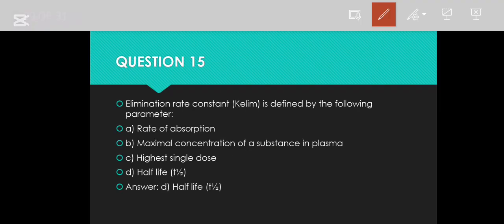The next one, 15. The elimination rate constant is defined by the following parameter. A, rate of absorption. B, maximal concentration of a drug in the plasma. C, highest single dose. D, half-life. So now what is the elimination rate constant? We are looking at how much of this drug is removed out of the body. So the elimination rate constant does not depend on the rate of absorption, nor necessarily on the maximal concentration of a drug in the plasma. How quickly a drug is going to be moved out of the body depends on